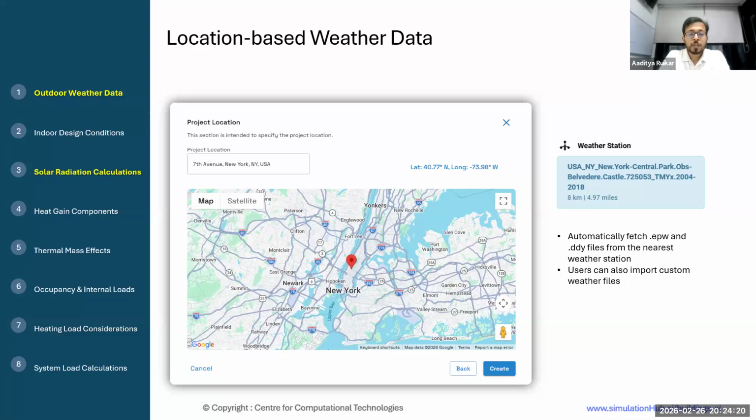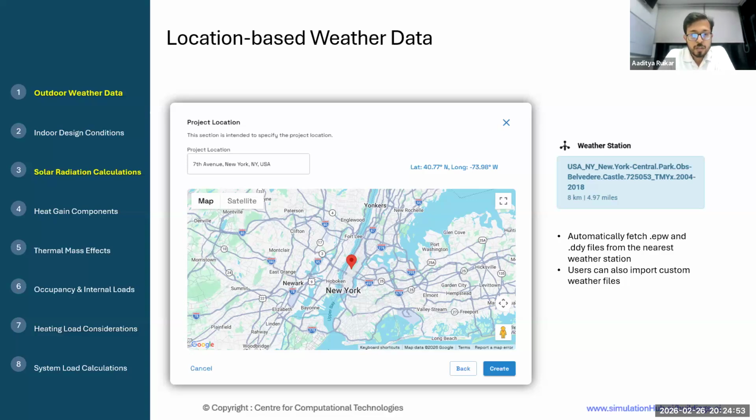As you first create your project in Buildings AI, and as you enter your building location, Buildings AI automatically fetches the respective EPW files and DDY files from the nearest weather station data center, and it uses them in its simulation. But if you have some custom requirement, users can also import custom weather files